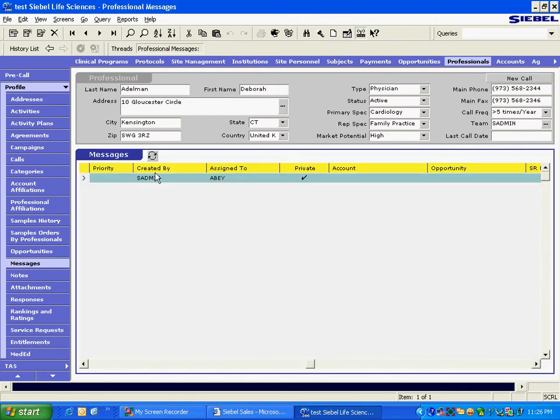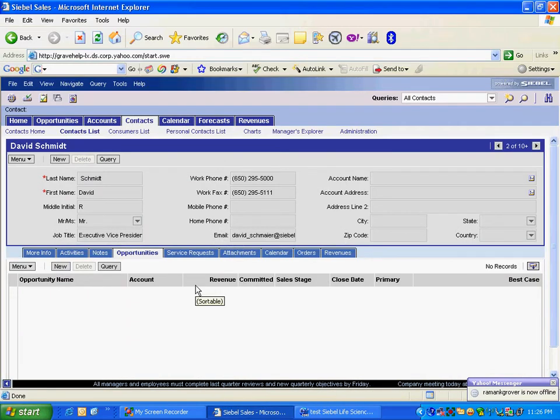So list is always useful because a person can see multiple records. Form is always good because the rep can see one record with all the attributes together. So this toggle functionality allows him to toggle between these two things. In Siebel 7, this toggle functionality is not in the form of a switch. Basically, there will be a drop down.